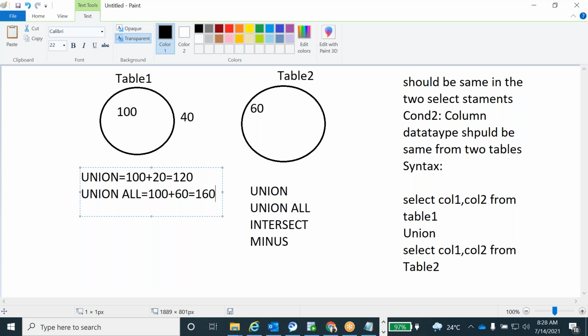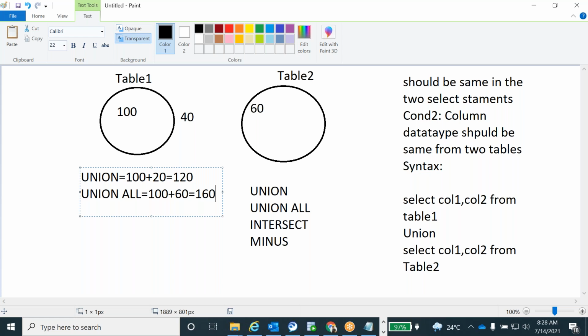Okay, what is the difference between union and union all? They will ask this question in the interview. So the interview point, what you have to tell: union will combine two or more result sets, that is, the data of two or more select statements, but it won't allow duplicate values. While executing union all, it will combine the two result sets, but it will allow the duplicates also. All the data it will display.